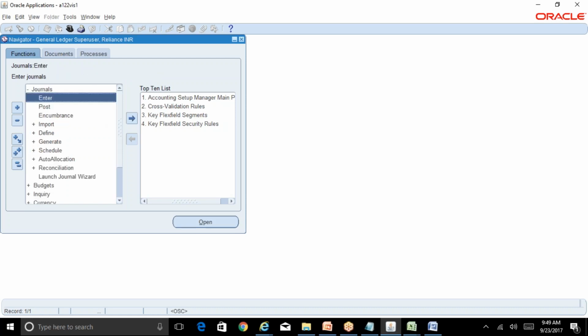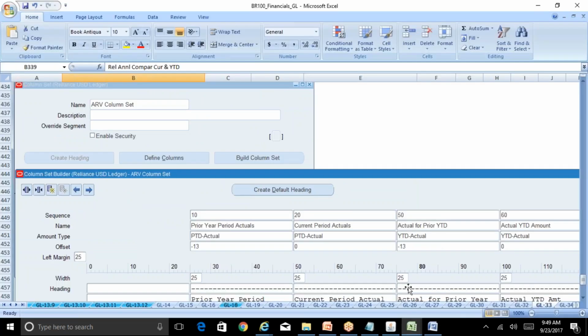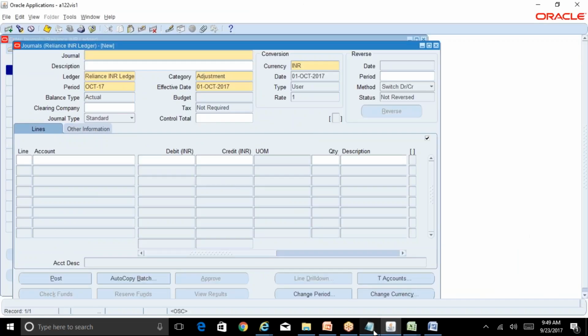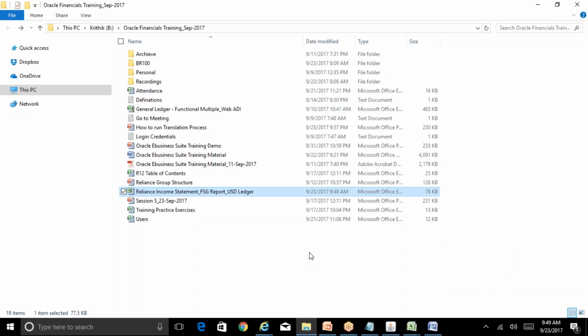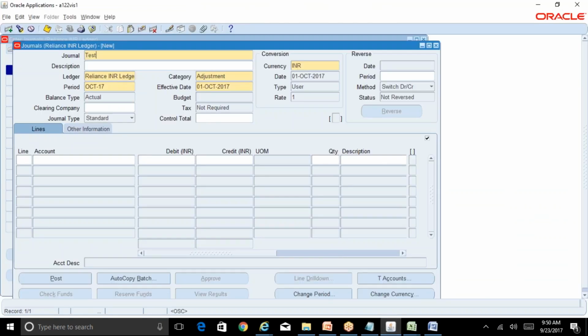Okay, go to journals, enter. Now we need to have some journals which have balance under revenue, some balance under cost of sales, some balance under operating expenses, and then at least the system should be able to bring up these things. Okay, revenue. So we'll try to create some test revenue journals